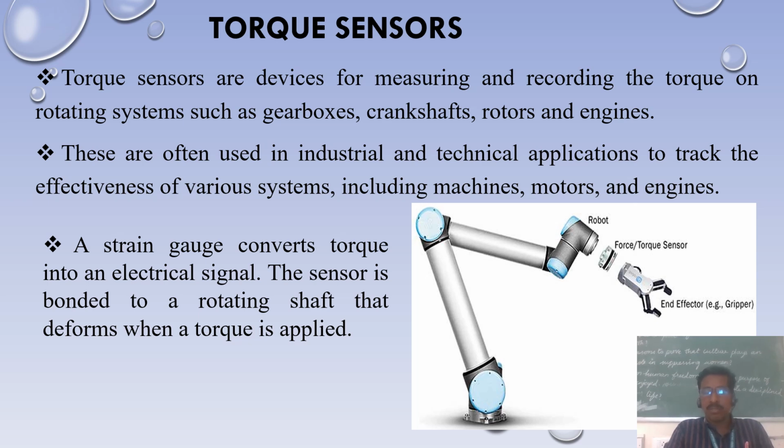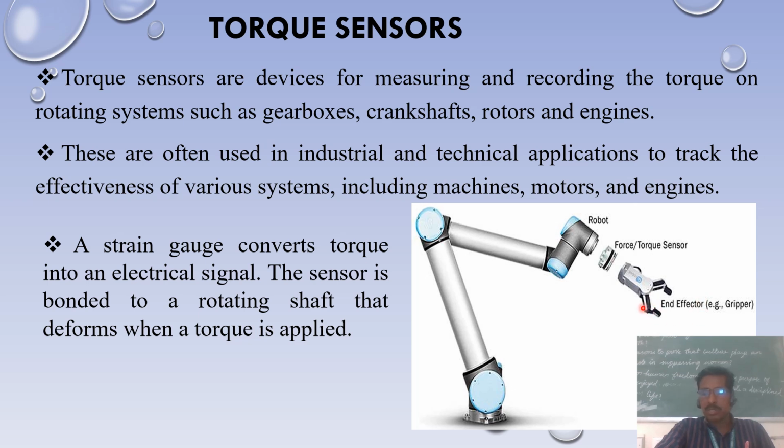All these types of data are fetched by these sensors and given to the system. A strain gauge converts a torque into an electrical signal. The sensor is bonded to a rotating shaft that deforms when a torque is applied. So this figure shows the torque sensor fixed in between the robotic arm and the end effector, and